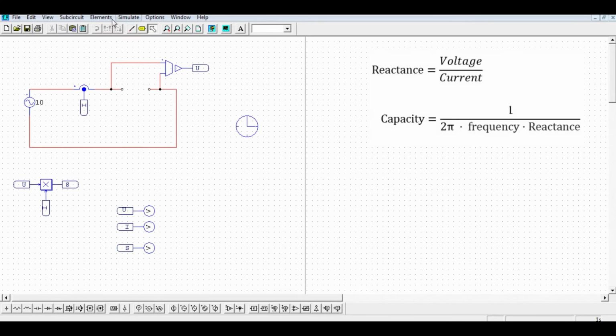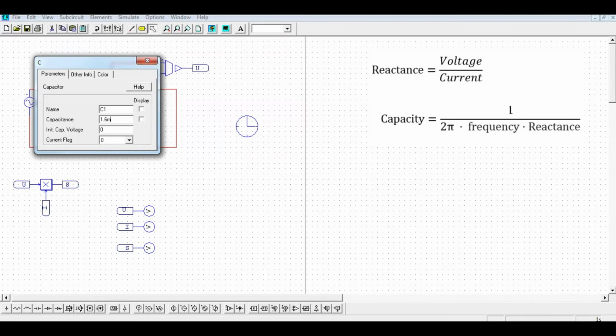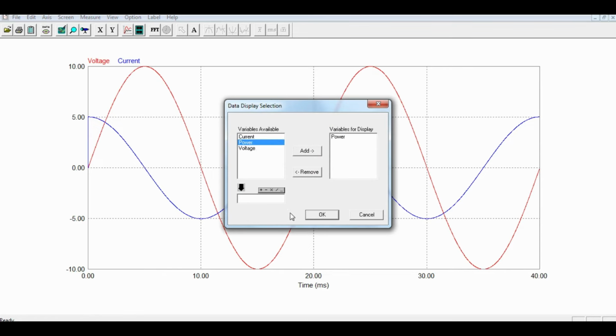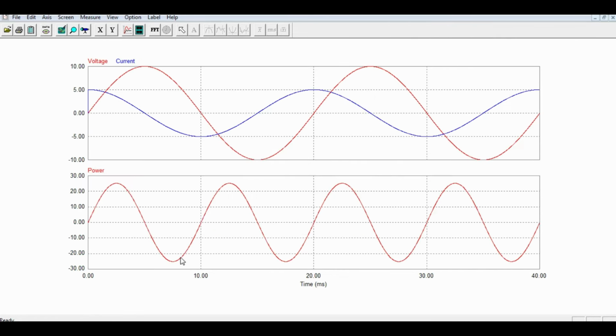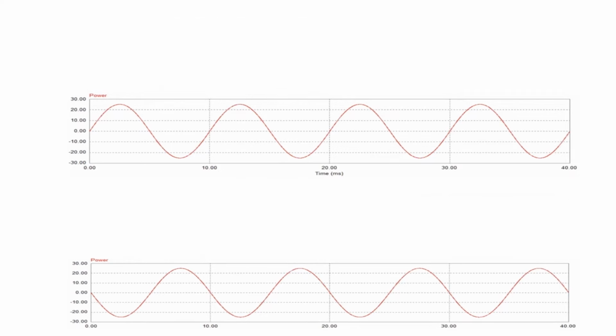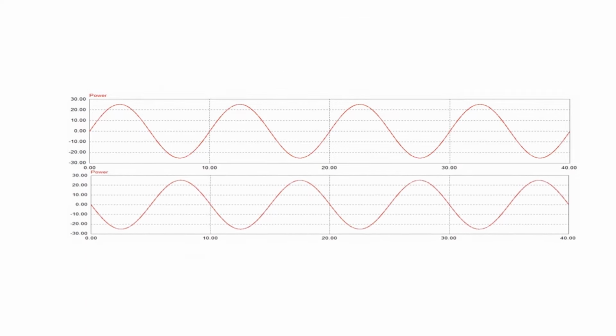Finally, let's try the same simulation with a capacitor and plot the values to see if anything has changed. As you can see, in this case the voltage is lagging behind the current by 90 degrees, which means the power should look the same as in the previous example with the inductor. Or is it? If we put them side by side, we notice there is a 180-degree phase shift between the reactive power flowing through the coil and the reactive power flowing through the capacitor. Therefore, the two powers are opposing each other.